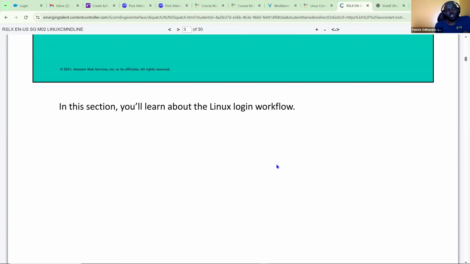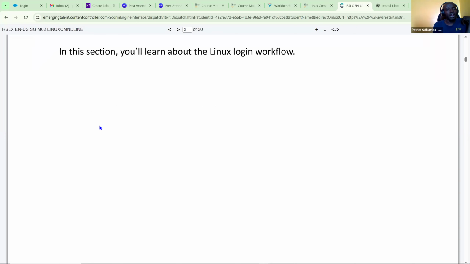And also, I think it's worth sharing that this Linux module will not feature in your CCP exam. But the fact that it will not feature does not mean that it is less important. As a cloud engineer, you have to understand how to operate with the Linux operating system. That's why we are taking time to talk about it.